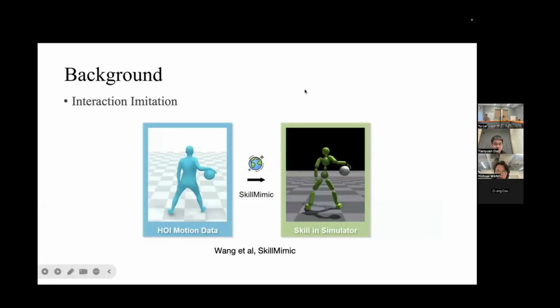If we want to pursue generalization, in our prior work, Face HOI and Skill Mimic, we proposed a paradigm called interaction imitation. If we have HOI motion data, meaning human-object interaction motion data, with both the human motion and the object motion, we can learn a policy in a simulator to mimic both the humanoid motion and the object motion.